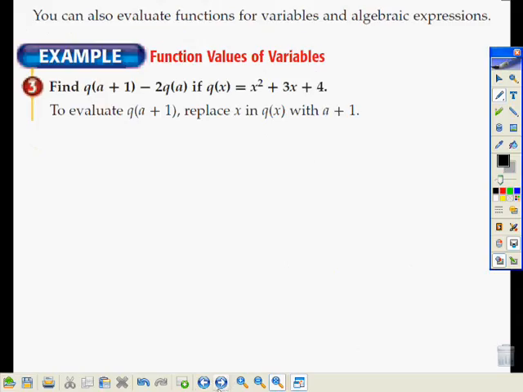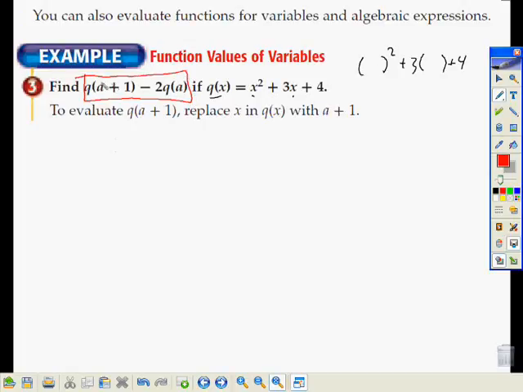Okay, so mostly with this function notation, we just want to take whatever we have and leave blanks in there. So we rewrite this as x squared plus 3x plus 4, and then plug in whatever we have. But if I have something bigger like this,